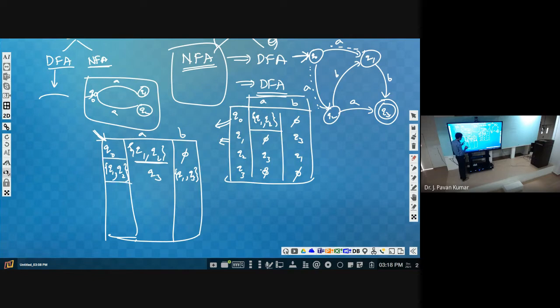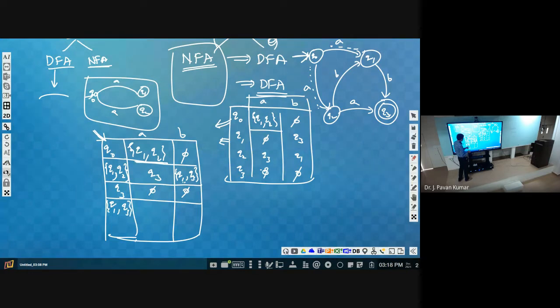The second state is q1 comma q2. Okay, only two states we have got. Next, in this particular one, again q3 we don't know, right? As of now, q3 we don't know, and q1 comma q3 we also don't know. So we identify these two as new states. So let us consider q3. q3 anyway we are having direct entries, that is empty only. You can put q3. Now this is pending, right? q1 comma q3 is a new state. So you put q1 comma q3 as a new state.